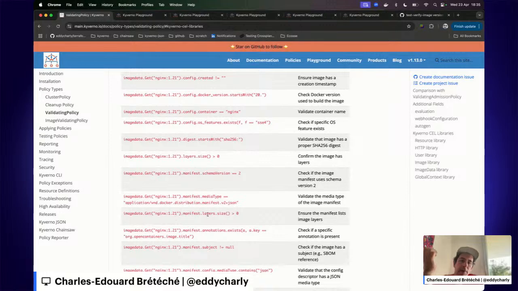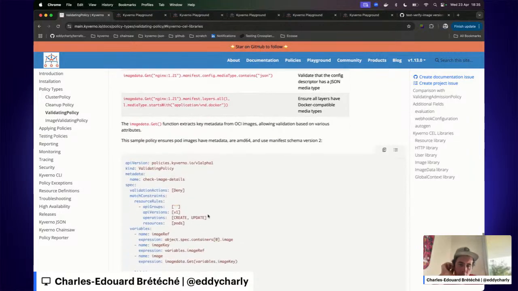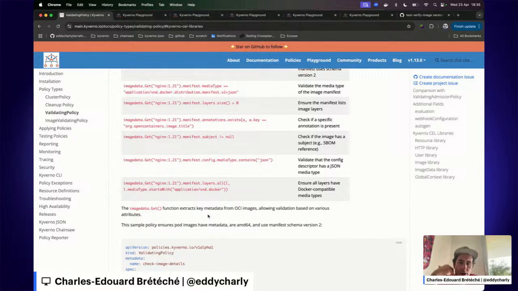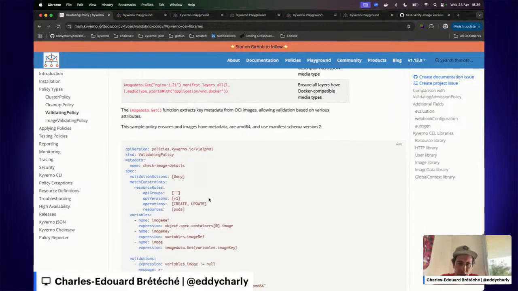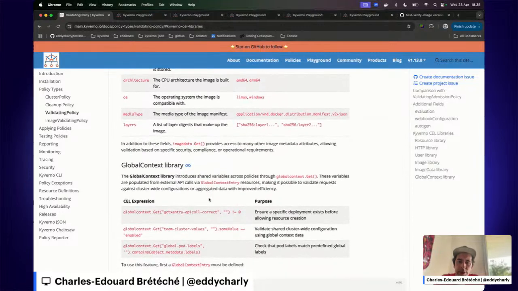You can inspect the layers and so on. Of course, all those external calls will add latency to the policy execution. So there's probably a trade-off, but nothing prevents you from calling into the OCI registry and manipulating the result.